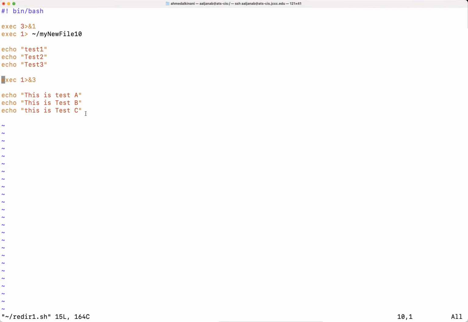Okay, now redirecting input file descriptors. Let me check here. And just like how we did it with the outputs, we can do the same thing with the inputs if we want to. Instead of just using the standard input 0, the file descriptor 0 as a standard input, we can use other numbers if we want to.